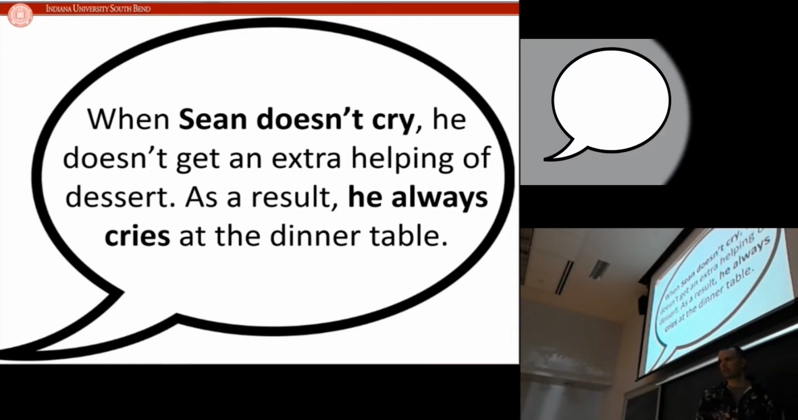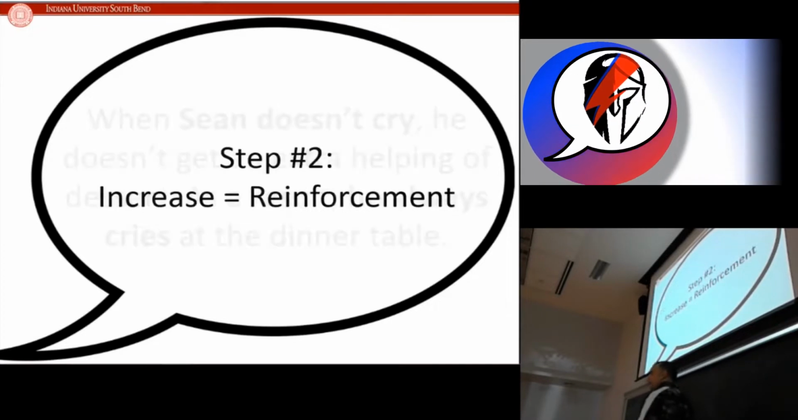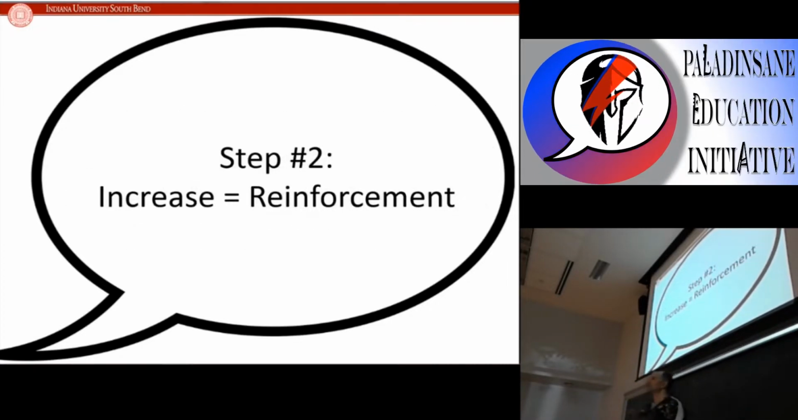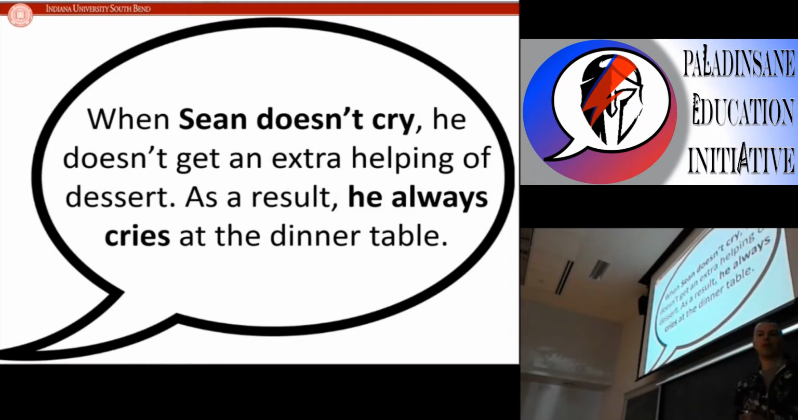Once it increases, you've already answered half of your question. Once it's increased, you know it's reinforcement. So this question here is a reinforcement schedule, and that's because Sean increased his crying. He went from not crying to now always crying. So we've got half of it done. We've identified this as reinforcement. The last thing we need to do now is figure out, is it positive reinforcement or is